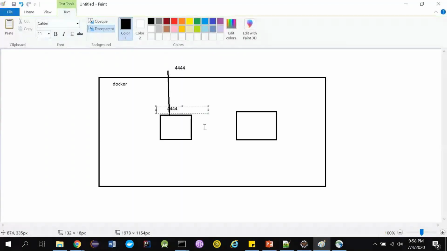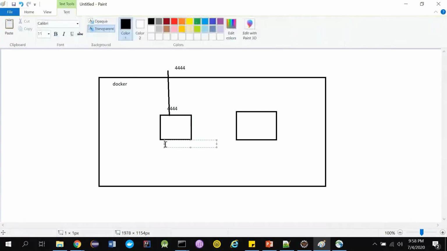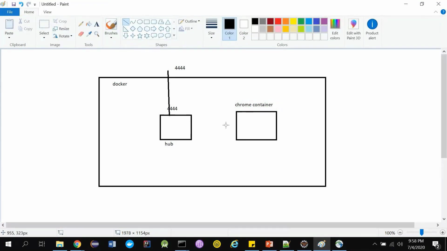Suppose consider this guy as your hub. I now create a Chrome container, and then I will link this guy to this guy, so that he can listen to what the hub is telling, and he will do whatever work it gives.